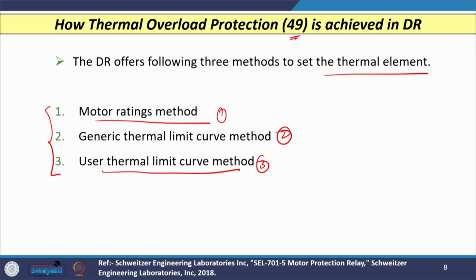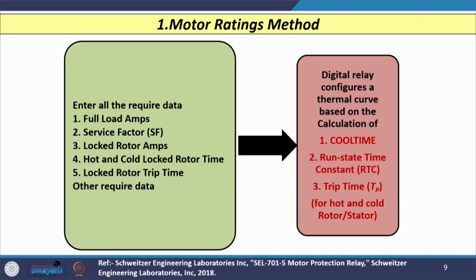So, with these three methods, let us first discuss the method known as the motor rating method, which is used as a digital thermal element in a digital relay. If I use the motor rating method, it also needs some data. When you use this method, you need to enter the following data: full load current in amperes, service factor, the locked rotor current or locked rotor ampere value, locked rotor time in hot condition and locked rotor time in cold condition, locked rotor trip time, and other required data. Once you give this data as an input to the digital relay,